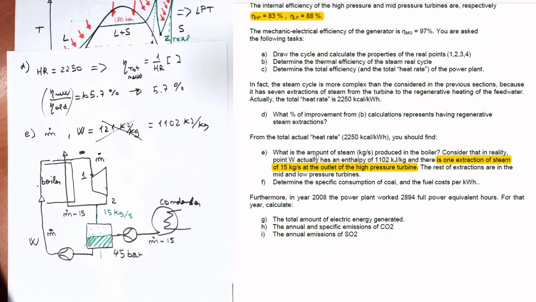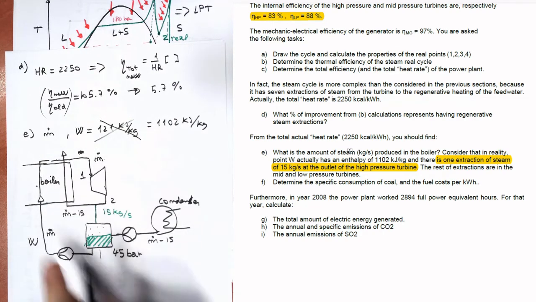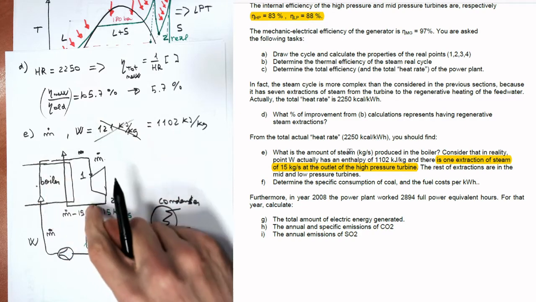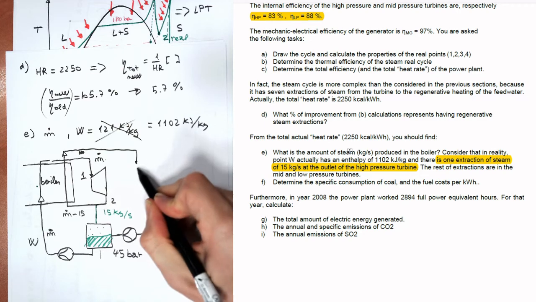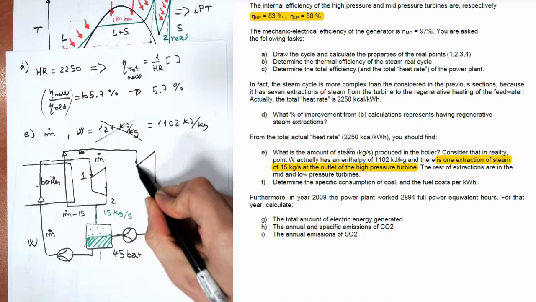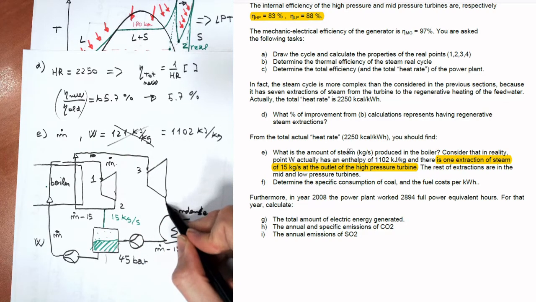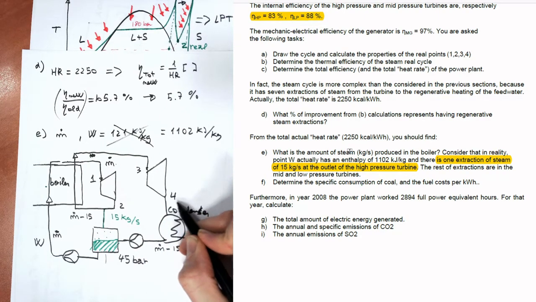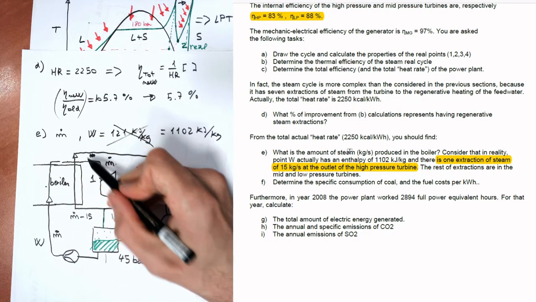We move. Let's see the question now. What is the amount of steam produced? And we know that now we have this pass through the boiler and this other pass through the boiler. This will go to the point number 3, point number 3 and point number 4. Okay, so there is one passing through the boiler and another one passing through the boiler,